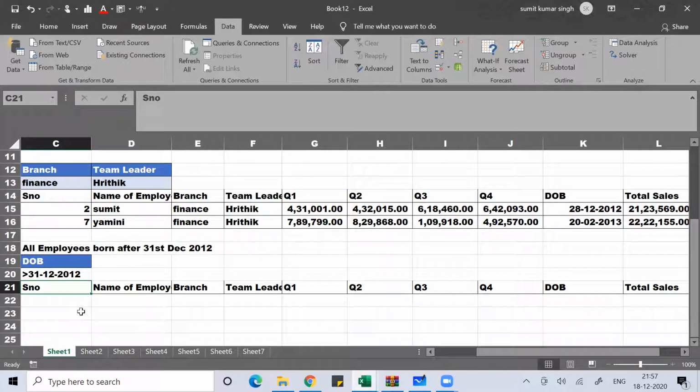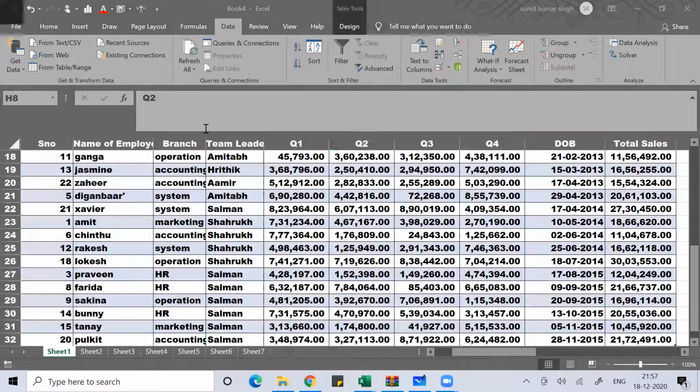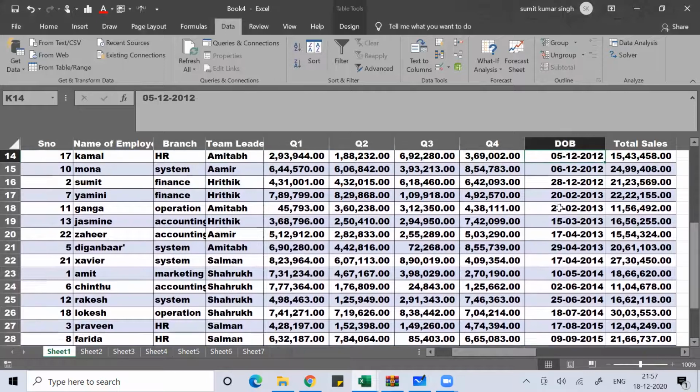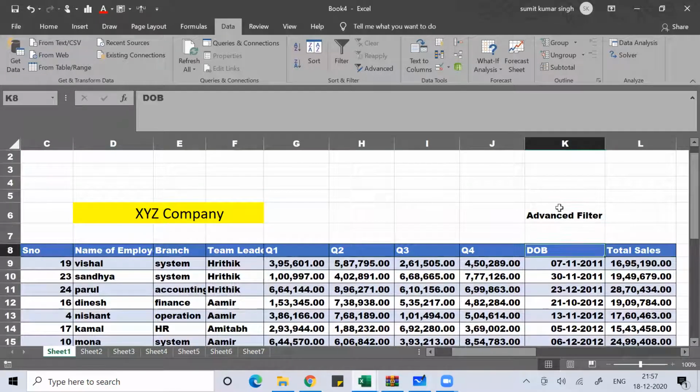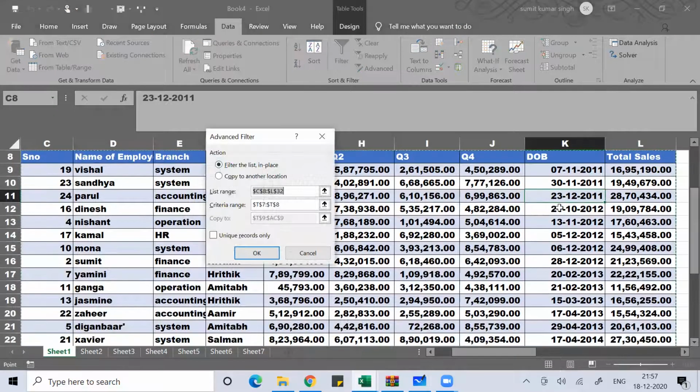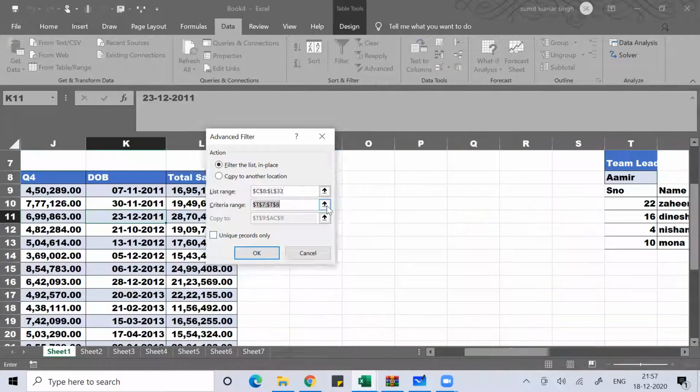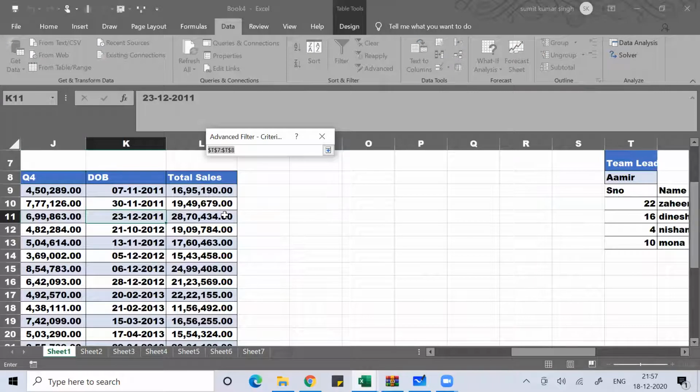Alt A Q. Okay. Then this is a range. Criteria range. What is your criteria range?